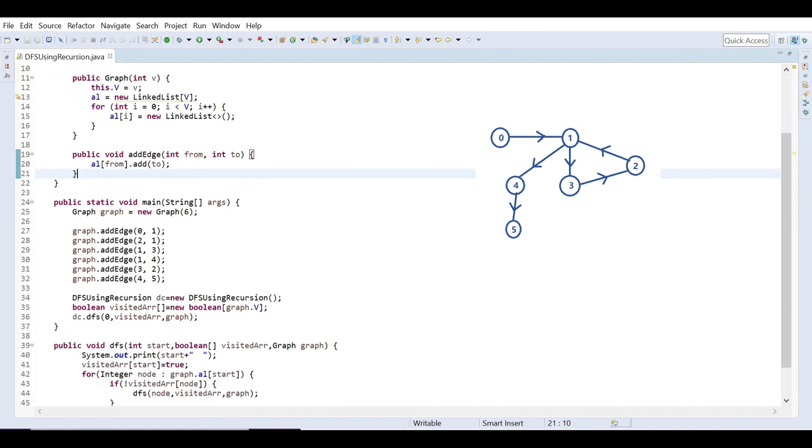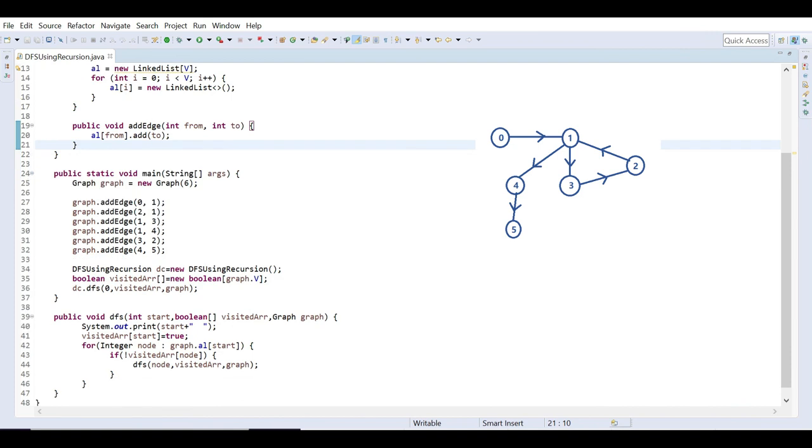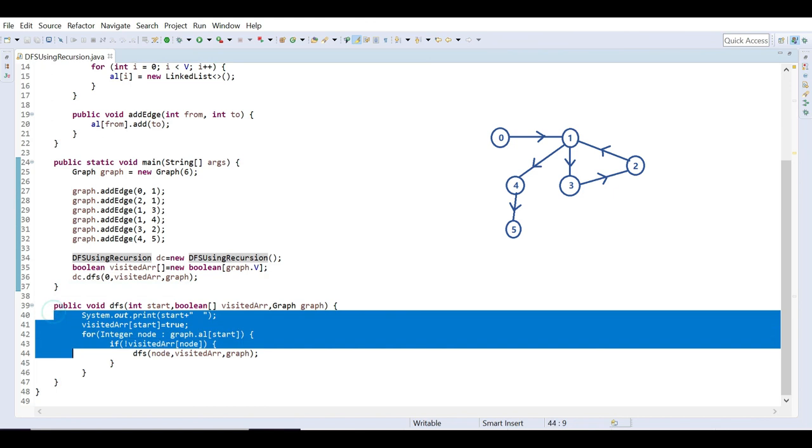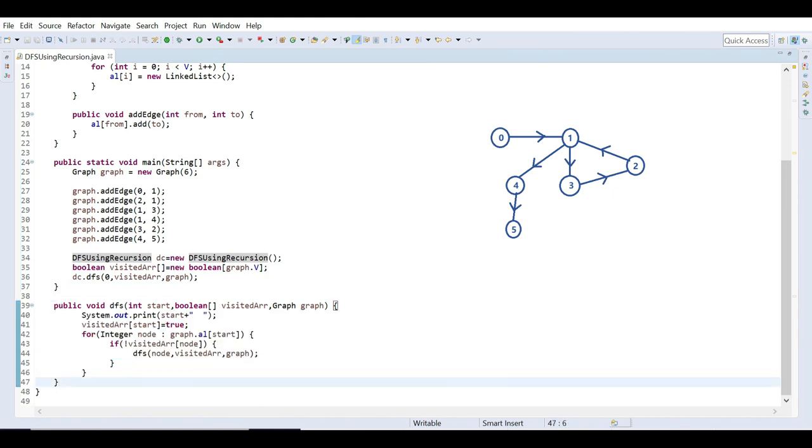Then in the main method I have defined this graph and added all the edges. It has a total of 6 nodes, 0 1 2 3 4 5, and then I'm calling the DFS using recursion function, the same thing I have shown in the previous slide. That's how I coded it here.